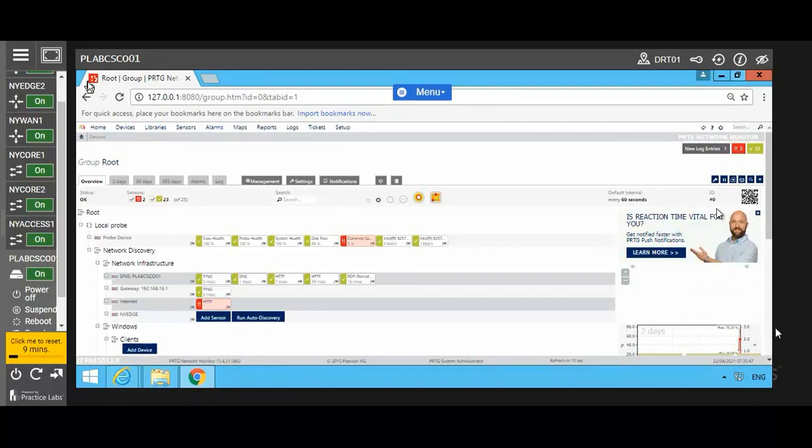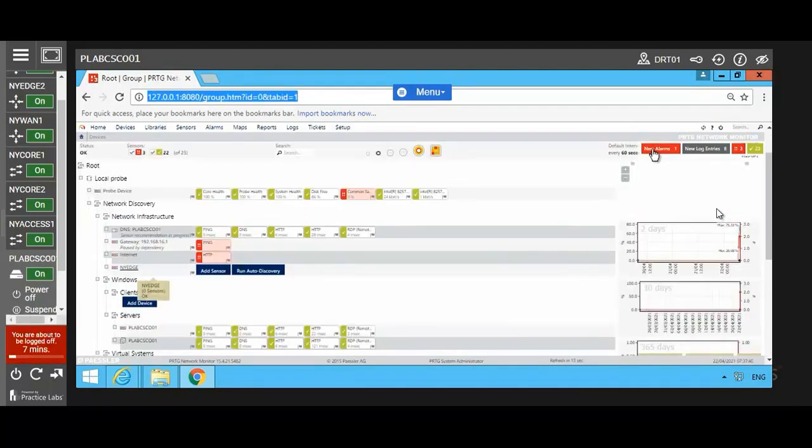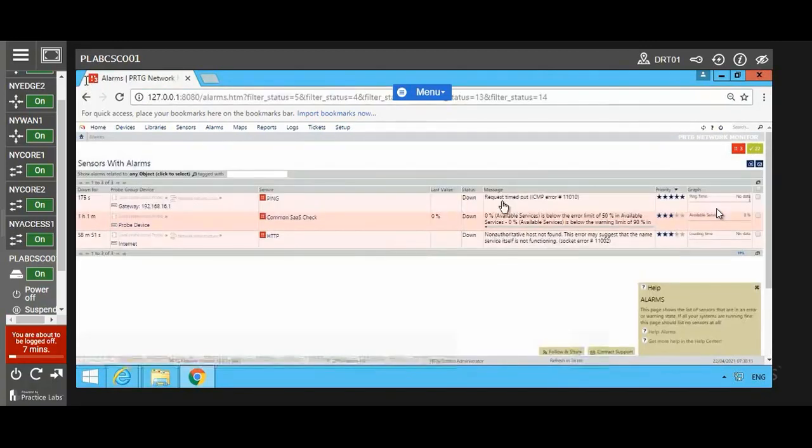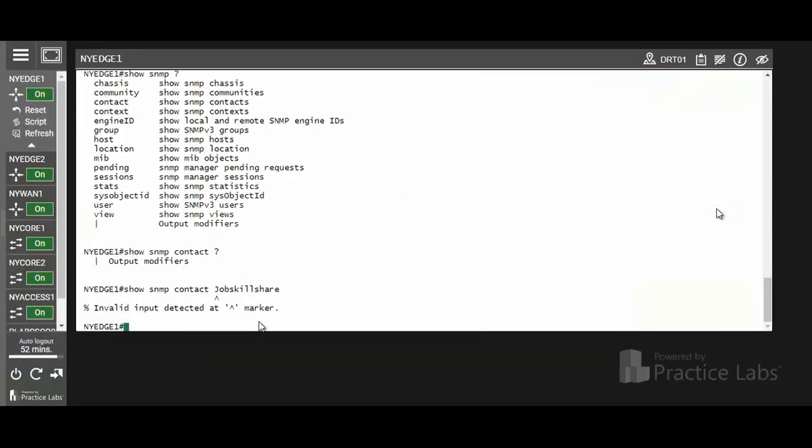So alarm means that there is something wrong with the particular device in your network. That is part of SNMP monitor. You can see the alarm over here. You can see over here the device is down, status is down, request timeout. So this is all about the network monitor. You can also do some settings with the read-write community string because you can modify settings.